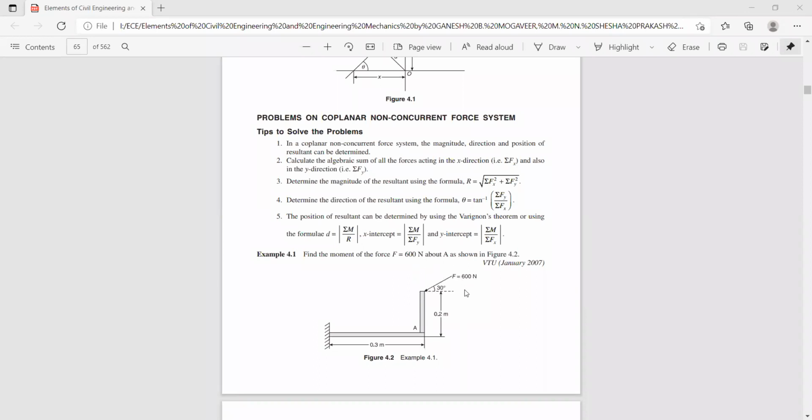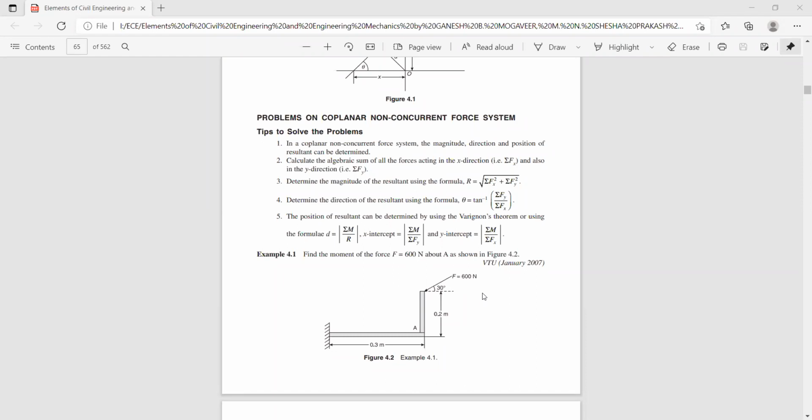So if I resolve this force, its x component is F cos 30 and its y component is F sin 30. Now you can see here the y component is acting right over this point. Hence the perpendicular distance becomes 0. In order to find the moment, you need the perpendicular distance from the point about which you require the moment to the line of action of the force. Since the vertical component is acting along the y-axis in the downward direction and coinciding with this point, the vertical component of this force has no moment.